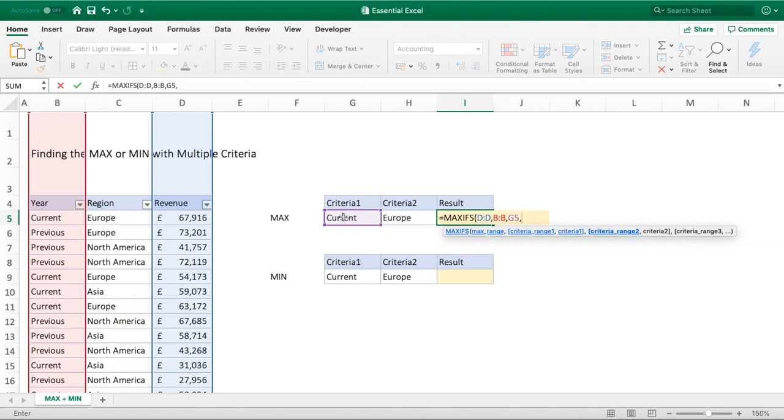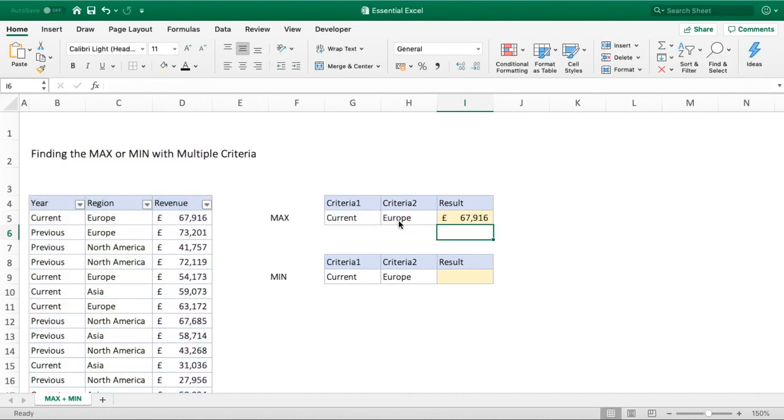So we could use that if we wanted to, but obviously we're just going to use the two. So we just need to select our second and last, which is column C. And then having selected that, we're just going to select our second criteria of Europe, close our brackets and hit enter. And you can see we've got the value returned of